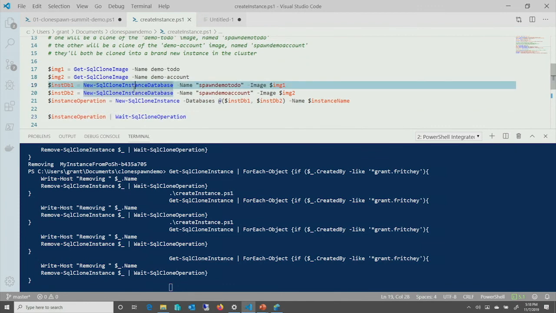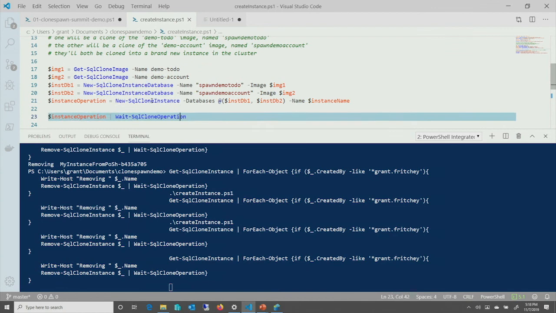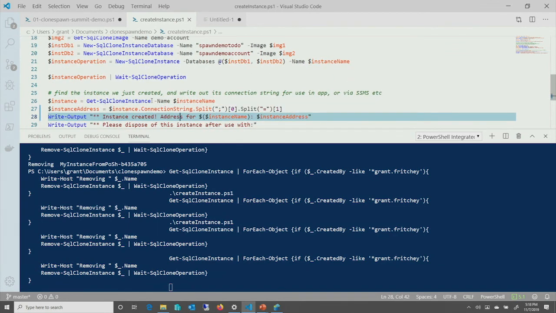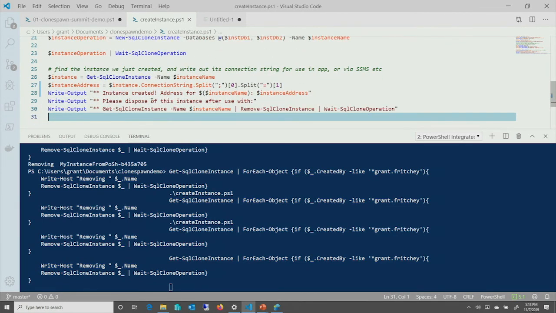It's going to create a new clone instance database for one database, and a new clone instance database for the other. Then it's going to create a new clone instance and pass both of them into our new tool, and that spins up a container. We're going to find the container that we created, find the IP address from Kubernetes, and send it all back.